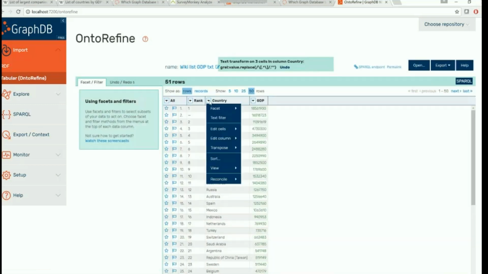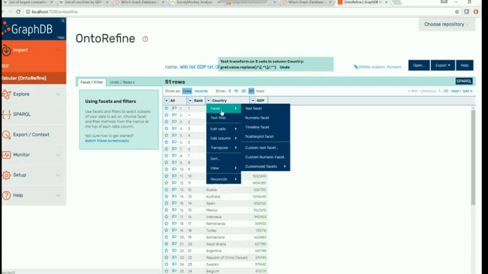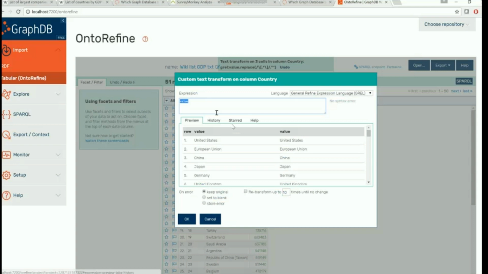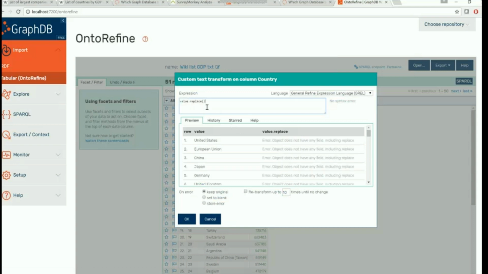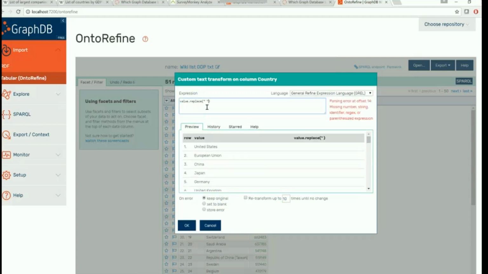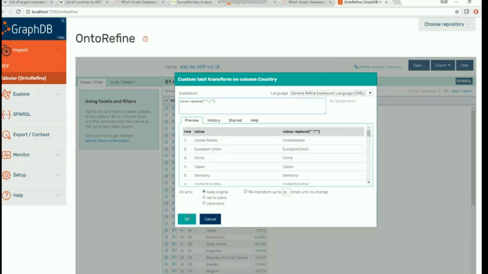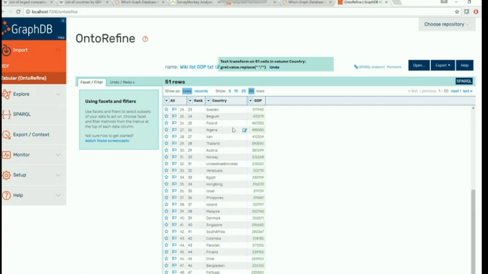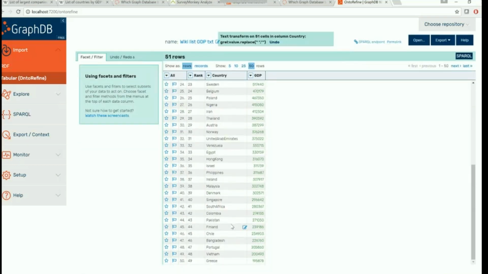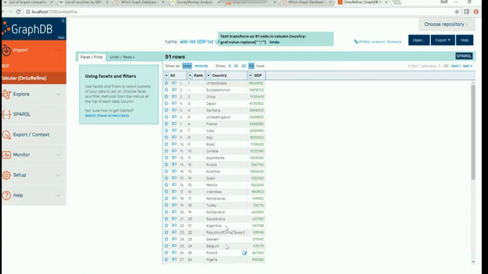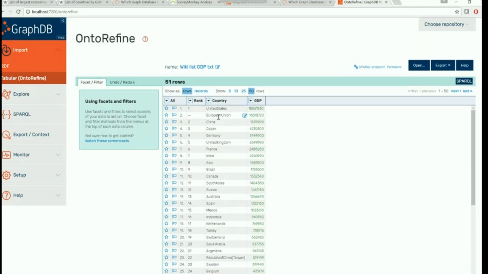So we got rid of the references, and I'll also do another quick function to just get rid of the empty spaces, which will make some of our later operations a bit easier. And the last thing I want to do about this data, which already looks kind of nice to me, is I would want to remove the information about the European Union, as it's technically